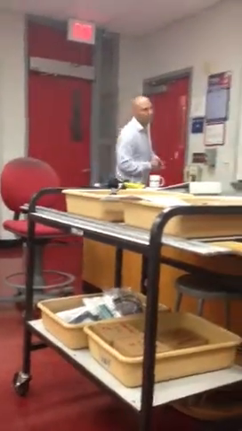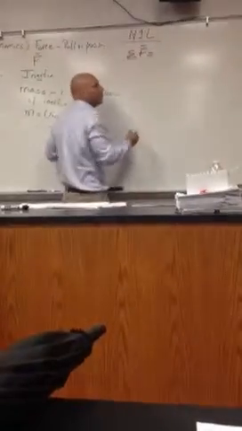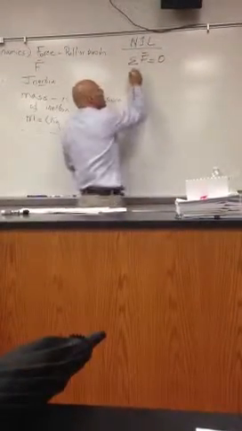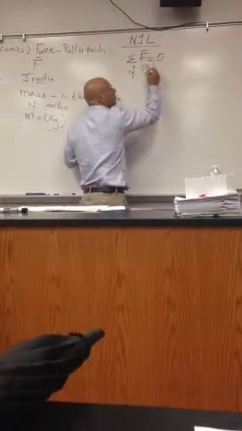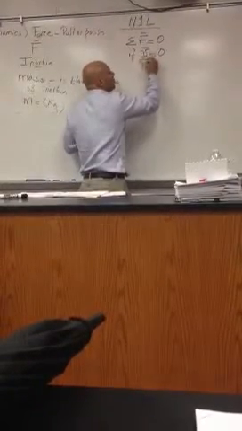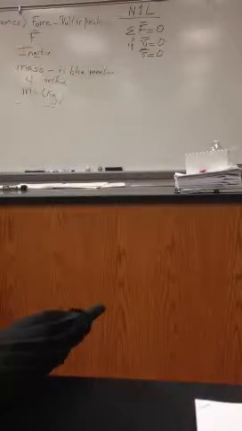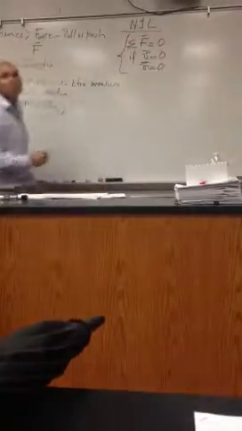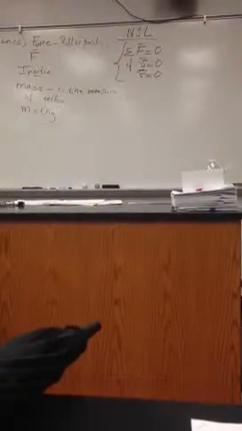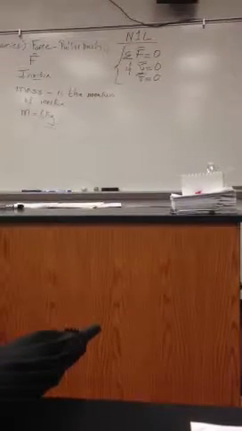This is the way that Newton wrote the law, but this law can be written mathematically in this way. The net force on an object will be equal to 0 if the object is at rest or if the object is moving at constant velocity along a straight line. This is the way that we will write the law mathematically. So the object will be at rest if the net force on the object is equal to 0.